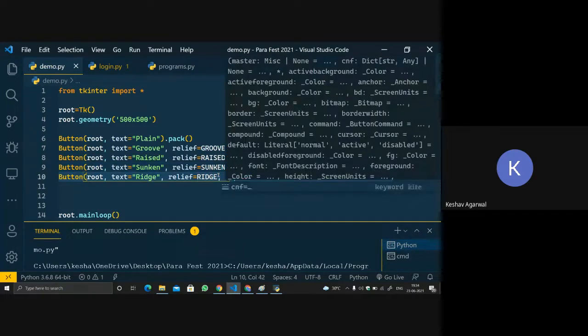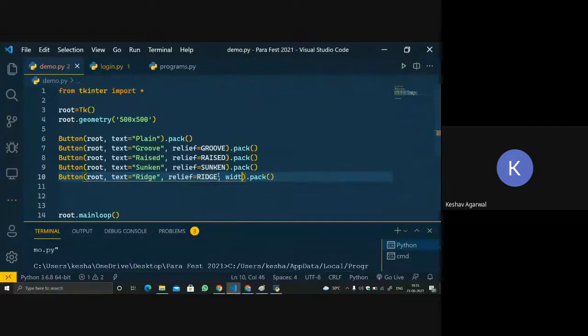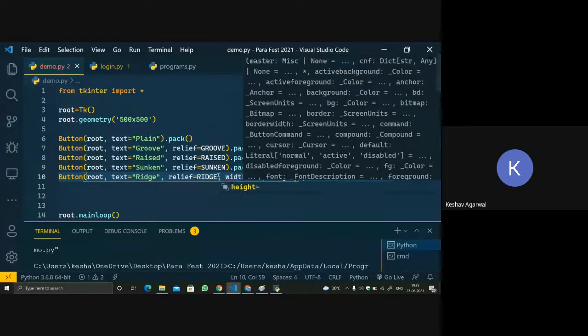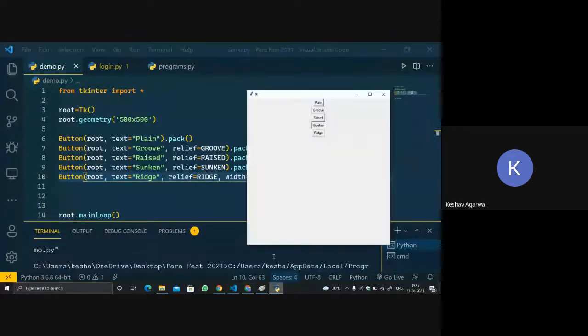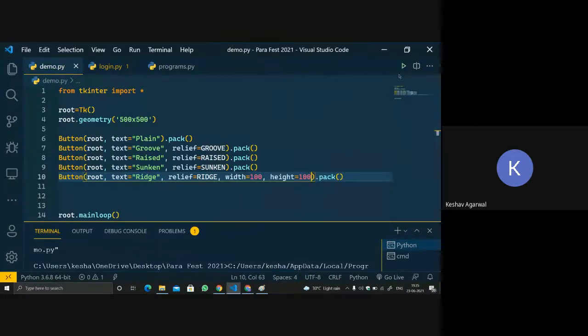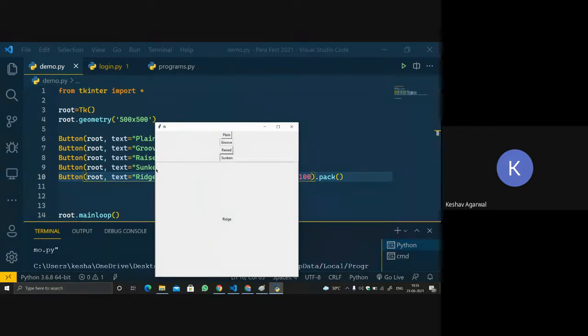Width equals 100 and height equals 100. Let's run the code again. It became too large. You can see over here in this area, it's not looking like something is coming out and then going in.